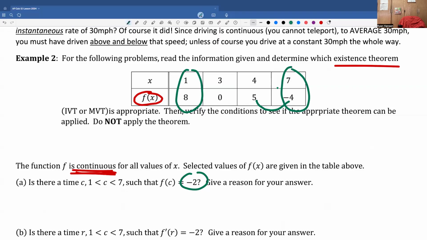What theorem is this invoking? This is the IVT. Yes, this is Intermediate Value Theorem. So how do we write this up? This is what's kind of tedious. This is what I'm not always good at. We can put the Intermediate Value Theorem can be applied. We're going to write this. Intermediate Value Theorem, IVT, can be applied